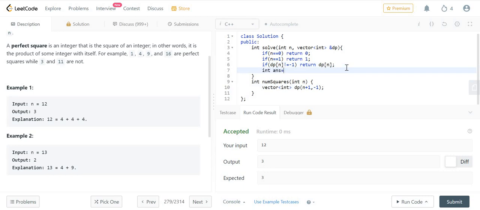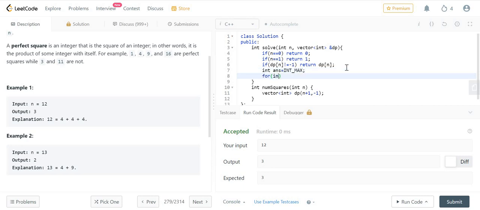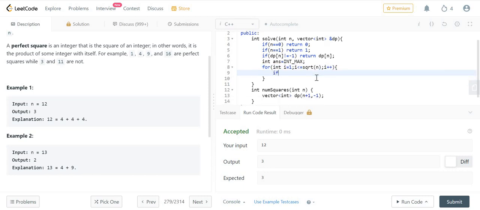Now I'm gonna use a variable to store the answer that will be initialized to int max, as we need the minimum. For int i equals to 1, i is less than equal to square root of n, i plus plus, and now we need to check what is the minimum answer possible. So answer would be minimum of the previously stored answer and the 1 plus,